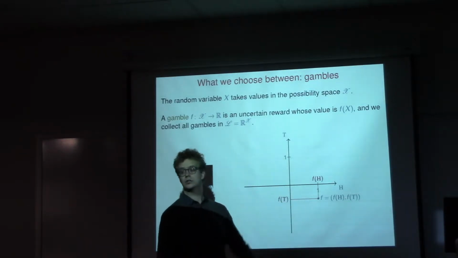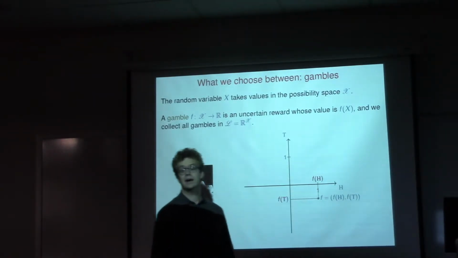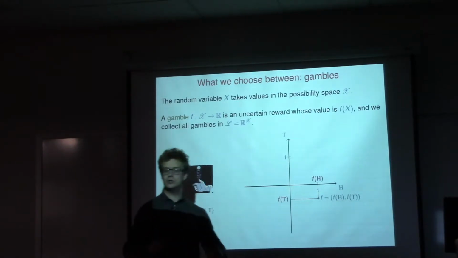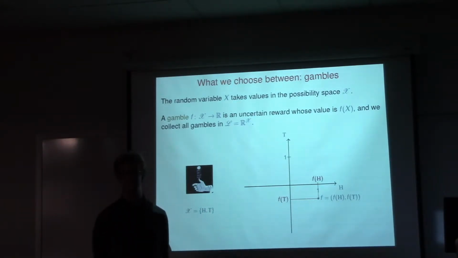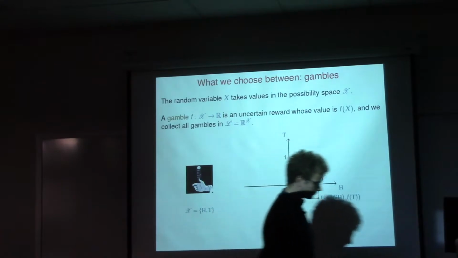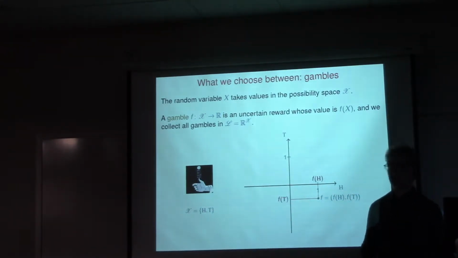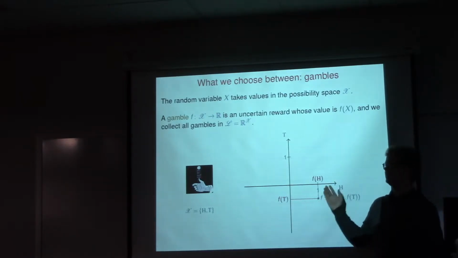If the next toss turns out to be heads, then my capital is changed by 1 unit of utility in a predetermined linear utility scale. And if it's tails, then I will lose half of a unit of utility. So a gamble is a bet. And any function, any vector is a gamble.